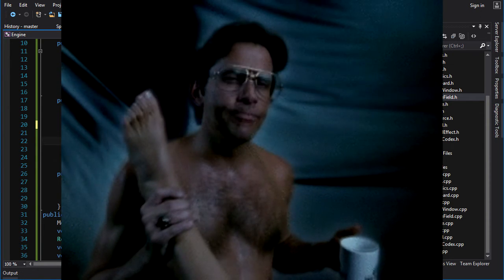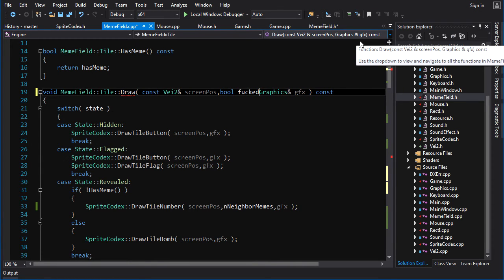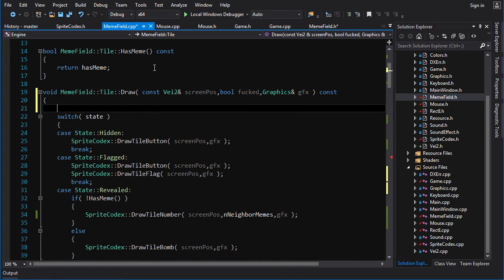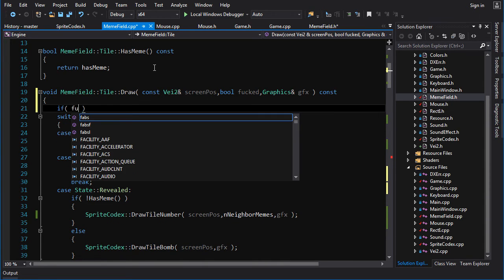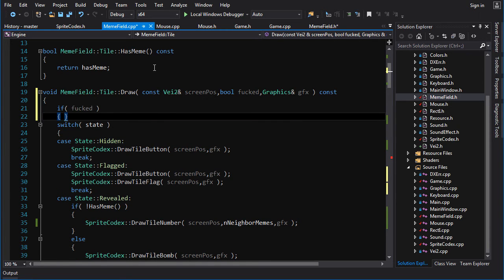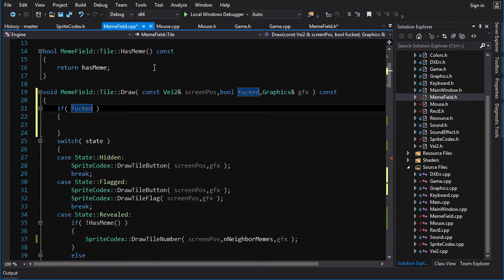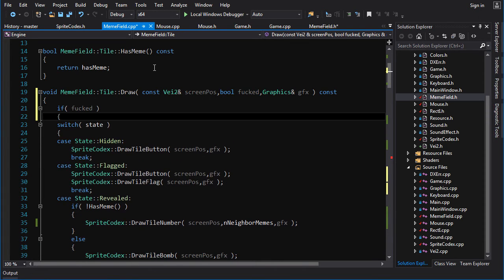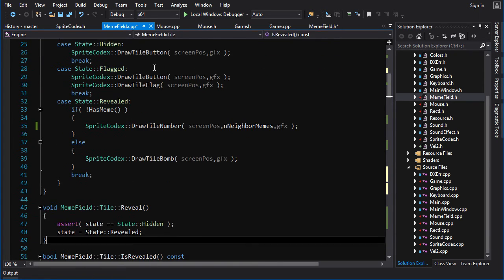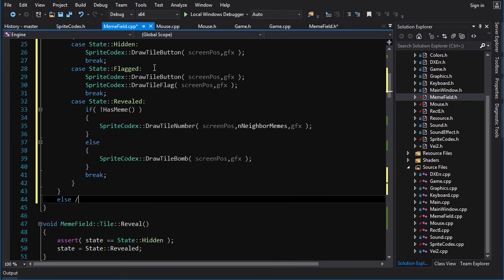And we're going to have two major cases here. If not fucked, I'm getting mixed up here. If not fucked, draw like we've been drawing the whole time. Else,